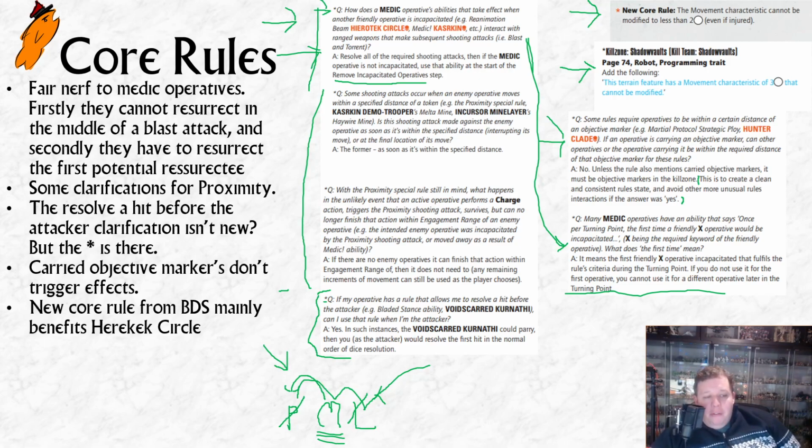This is a big buff for Necron teams, both bespoke. The bespoke Necron team in particular, Heretic Circle. I think also the Compendium Necron team. But general rule, you can never have less than 2 circle move. Ever, ever, ever. Great. Good. Great. Right, let's get on to the specifics.